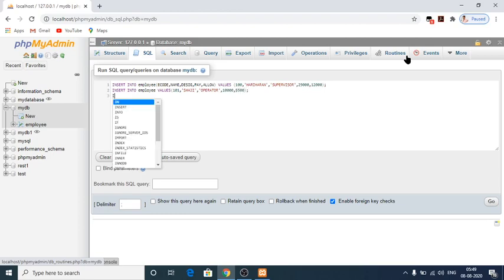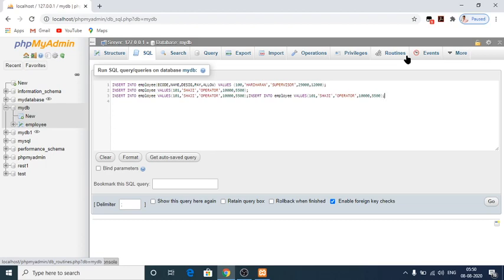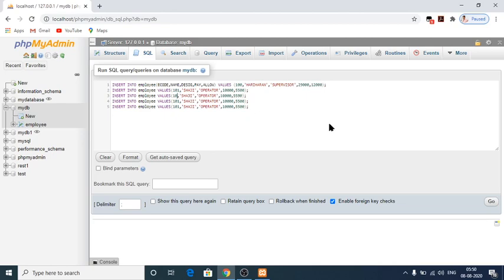Next, just copy and paste. I'm going to change my values only. Instead of 101, here I'm going to change it to 102. The name will be Prasad.